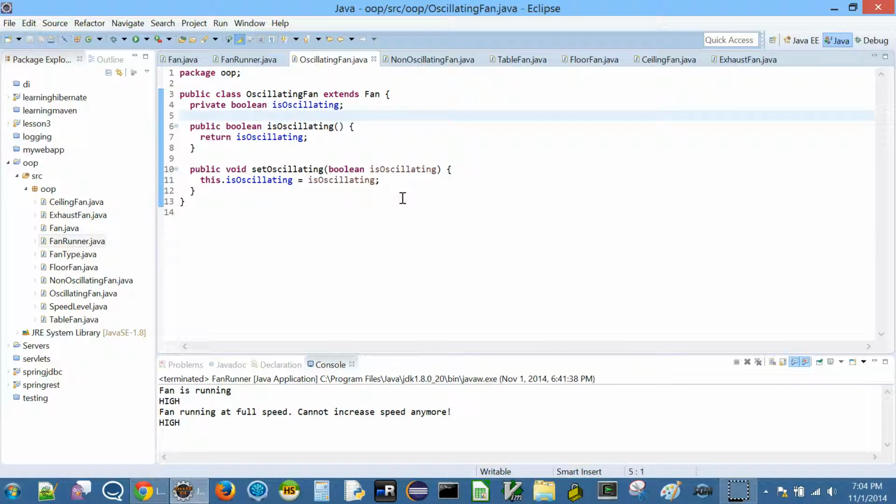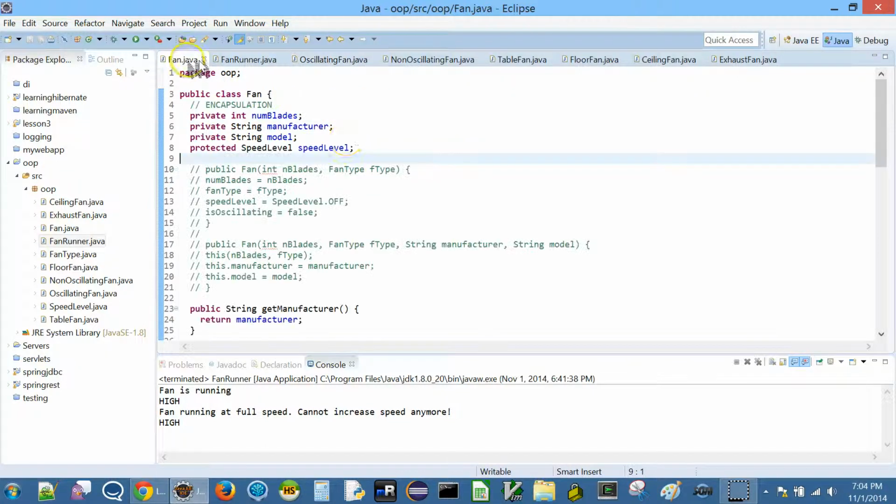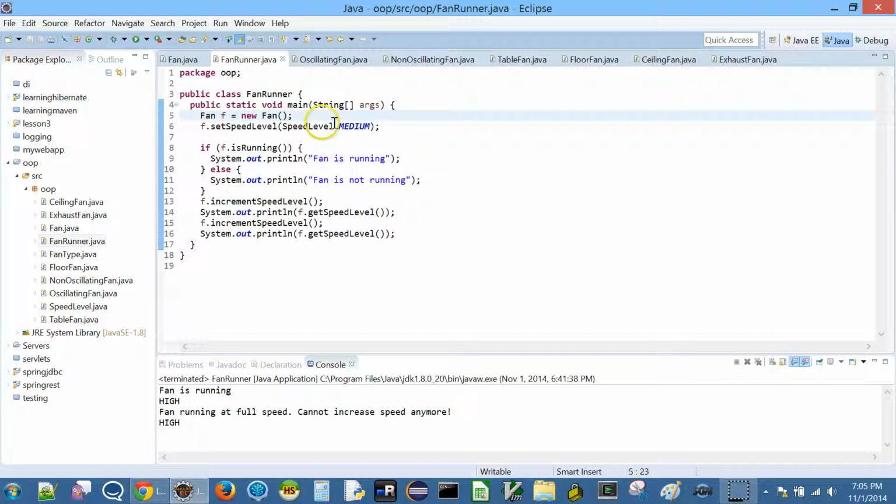Okay, so that's simple. Now let's just change our fan runner class a little bit. Instead of declaring a new fan, we want a concrete implementation. For example, I'm going to say not this, but something like table fan, table fan is equal to new table fan.